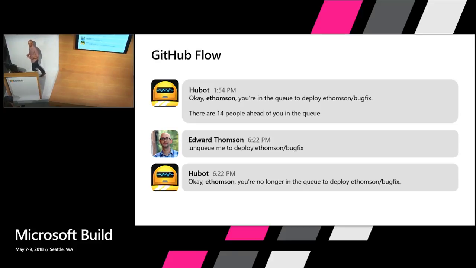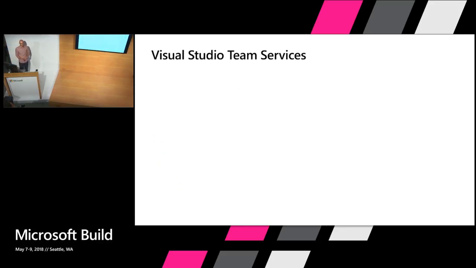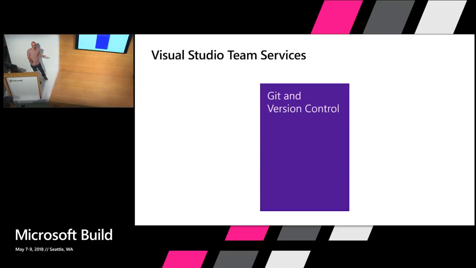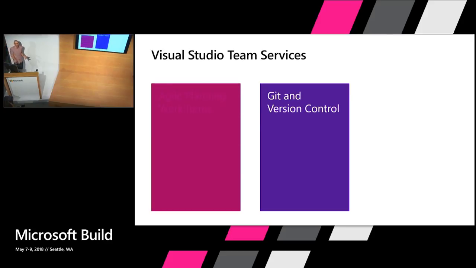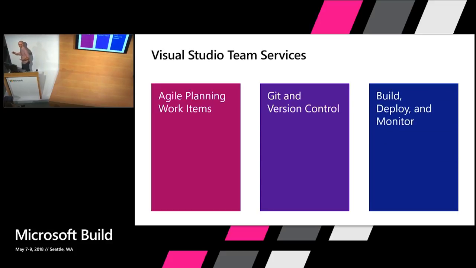And when you do, you can do what we use in Visual Studio Team Services. So Visual Studio Team Services, like GitHub, will host your Git repositories and allow you to collaborate on them with your coworkers. But we're more than just that. We offer agile planning tools. We offer, once your code gets checked in, we can build it in the cloud and we can deploy it. So we're a much bigger footprint